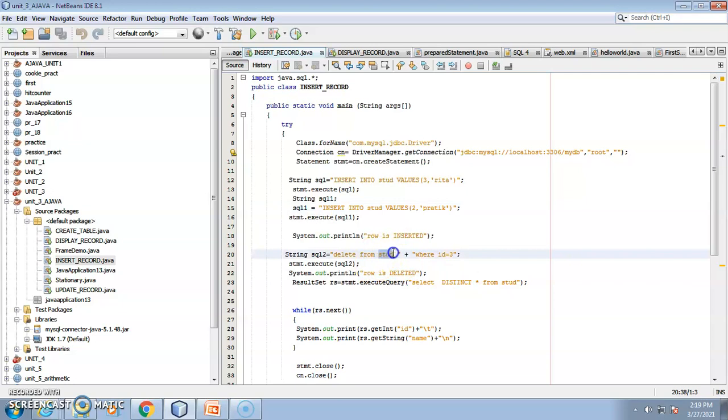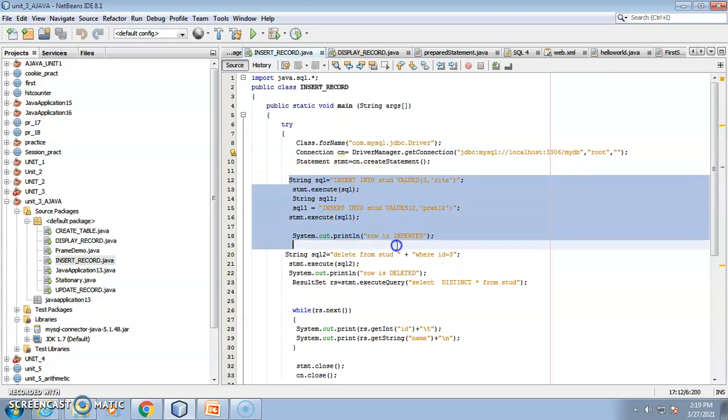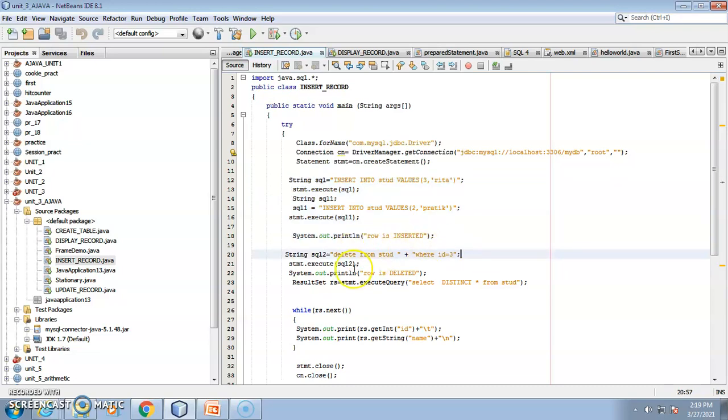Yes, it is student. It is not 6789, it is student. It is also inside the database MyDB. By using this statement you can insert the record.